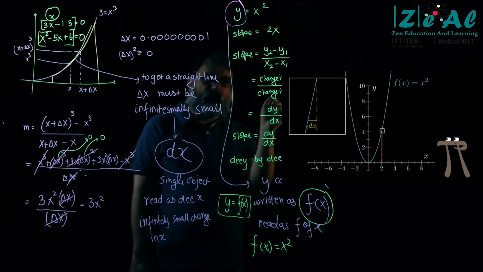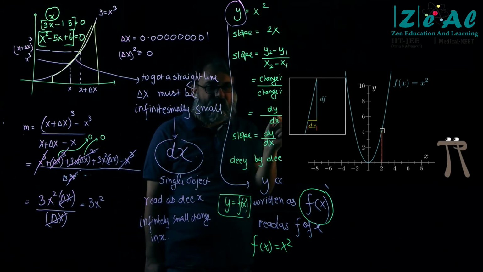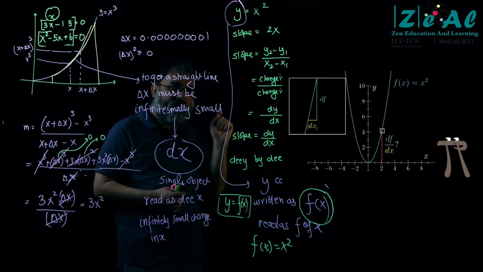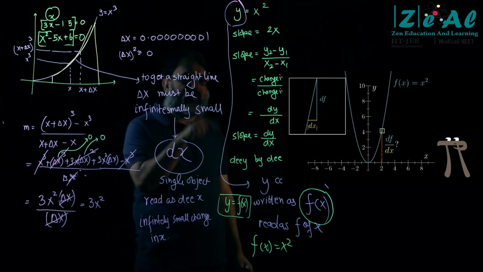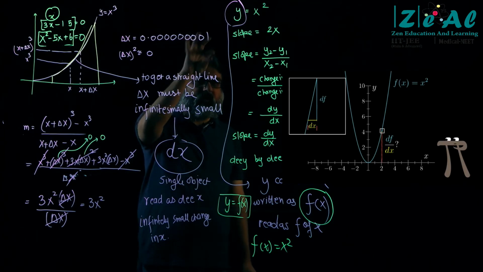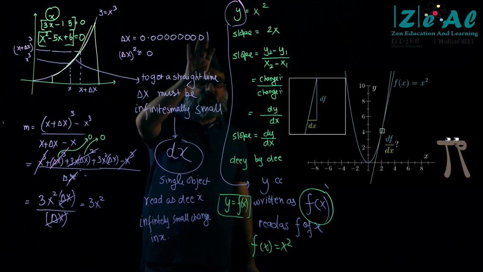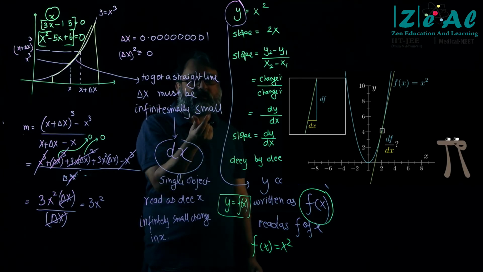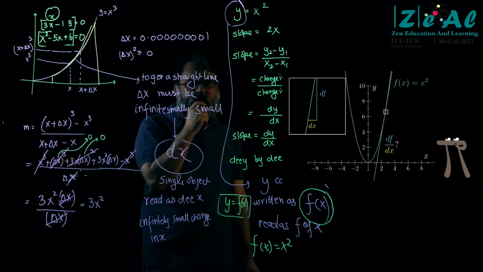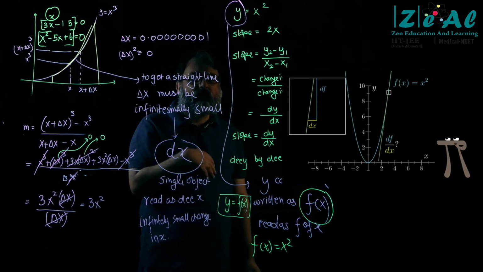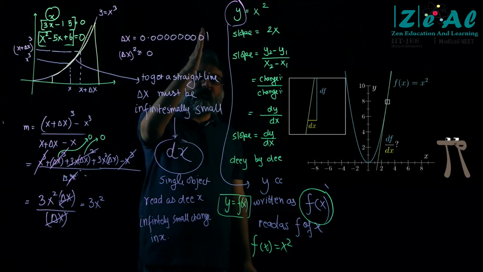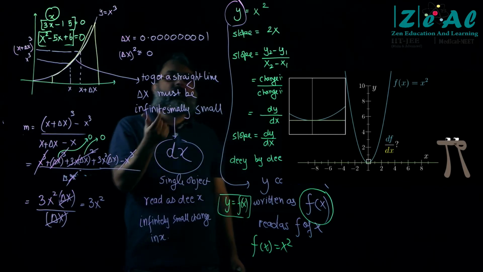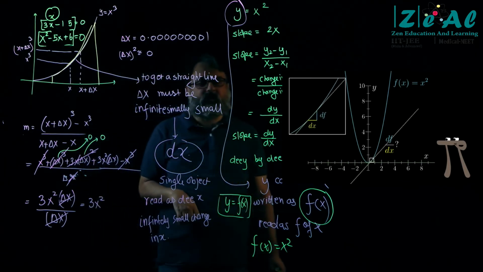Now you see what they do. Where is this dx existing, right? You can see, right? Where is dx existing? So df by dx means change in y upon change in x. Change in y, you can see in the zoomed in portion is df and below it is dx, right? And we want to find that. We have in fact found it. So if you go up, you will see that df increases, dx remains the same. If you come down, you see that dx remains the same, df decreases.